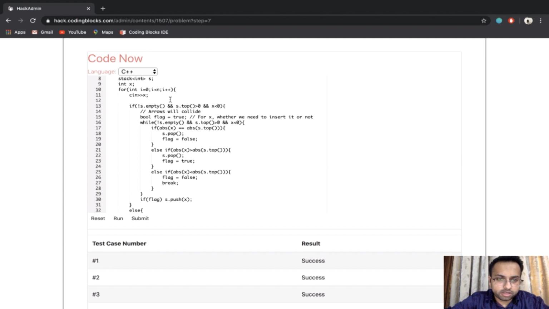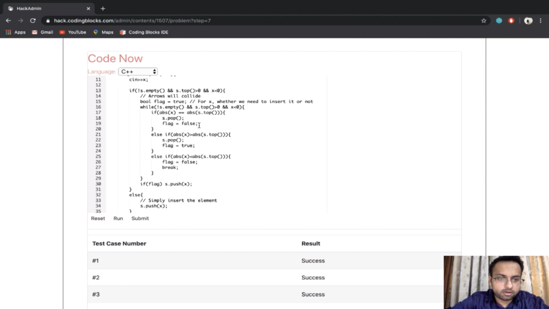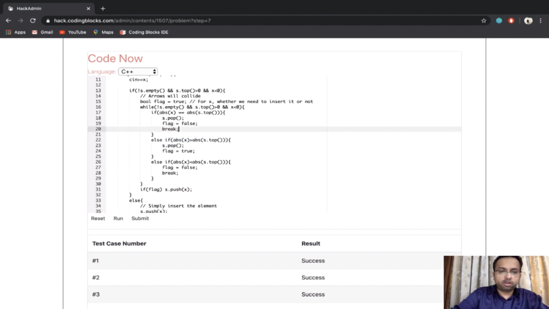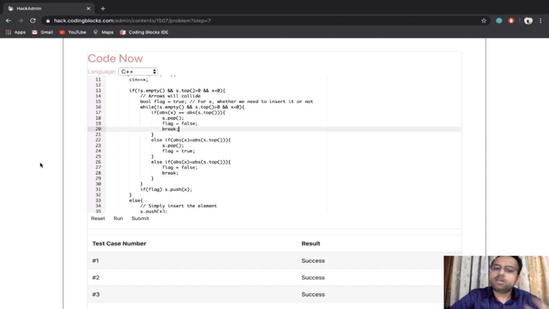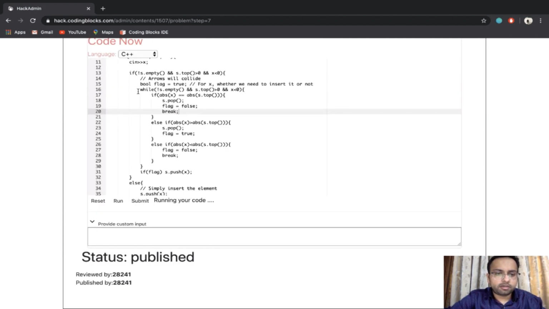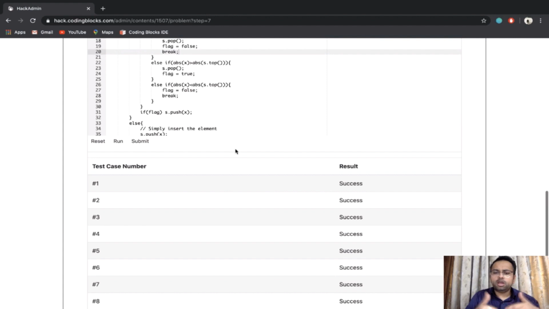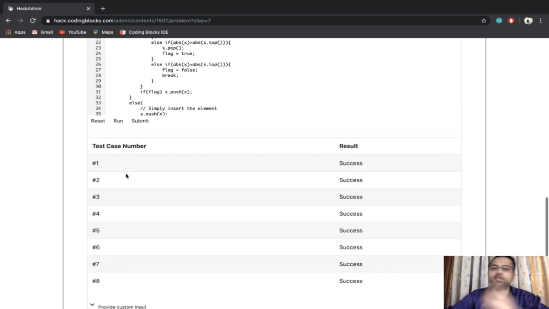There is a minor mistake. Let us see what the mistake is in this case. Alright, so if the magnitudes of both the arrows are the same, they both will collide. I'll remove it, then I should stop the algorithm. So I'll stop the algorithm if the magnitudes are the same as well, and not keep on continuing. So let us submit it again. Because if two arrows collided with each other with the same magnitude, then I won't collide it with the other arrows. So this is giving us the correct answer now.